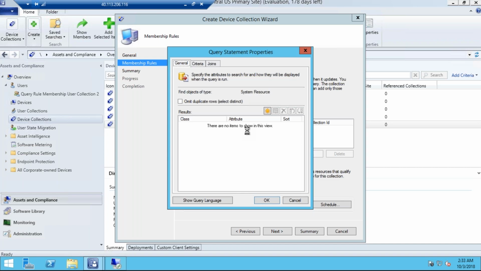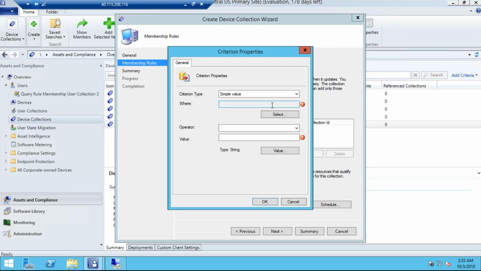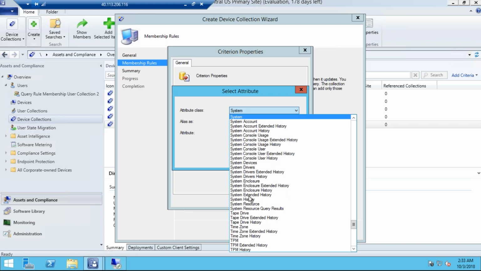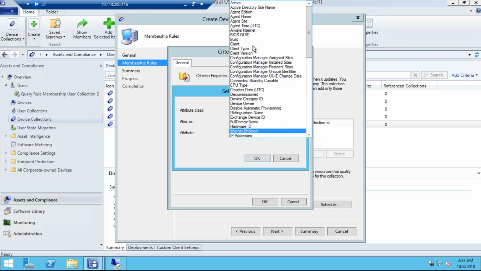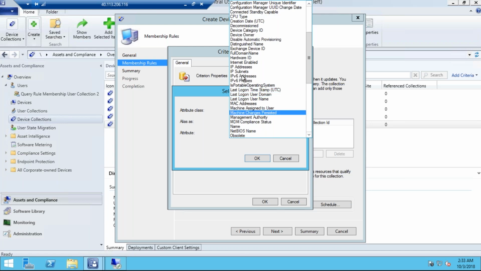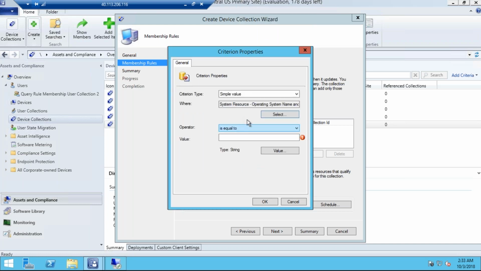So go to criteria and this yellow icon. Now I need to choose the class and attribute. Let's say I'm looking for all servers. So I'll just choose select. The class is going to be system resource, and the attribute inside the class is going to be operating system. And the value of that, so I'm looking for computers whose class is system resource and the operating system is the attribute, and the value of operating system is equal to